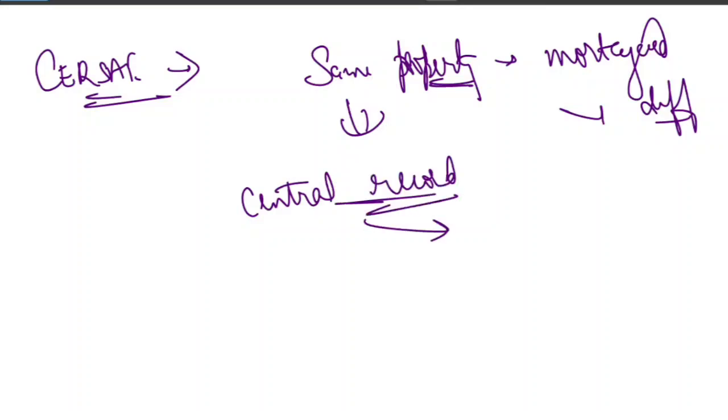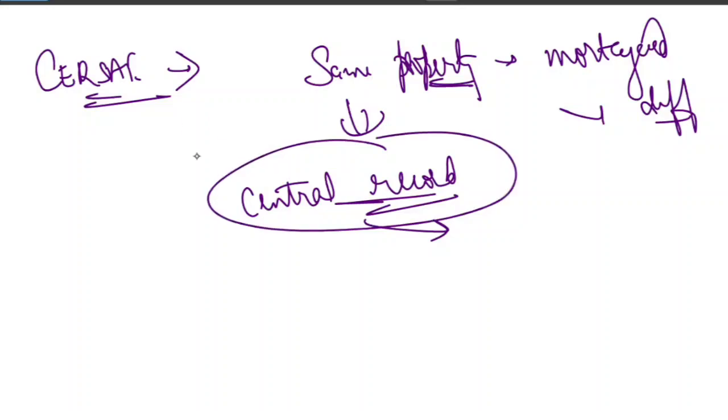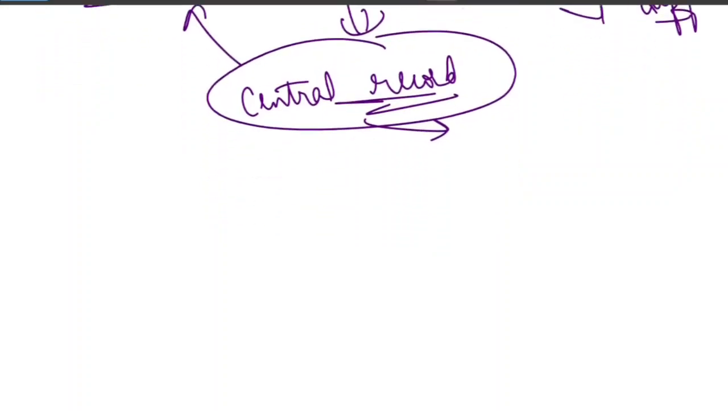So this avoids the chance of this fraud happening again, because suppose there is a property, it gets registered on the SARSAI. So whenever someone wants to avail a mortgage against the same property with another bank, the SARSAI forbids them. Why? Because the SARSAI record will clearly show that there is an existing mortgage for this bank against this property. So now the question is, which act created SARSAI?